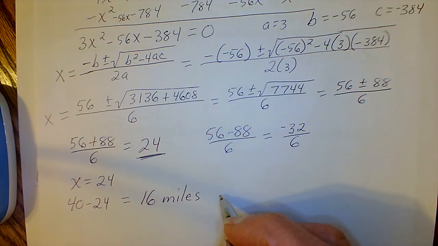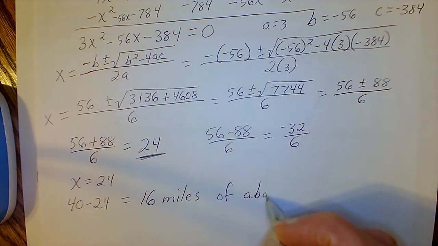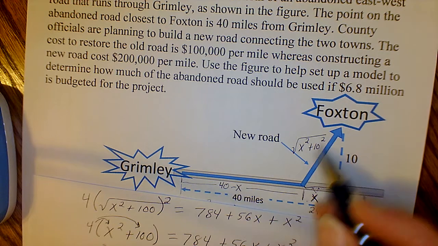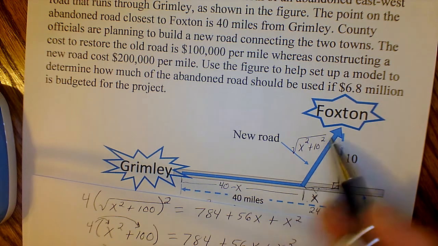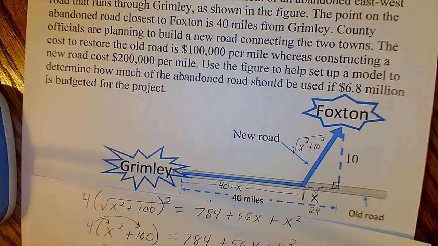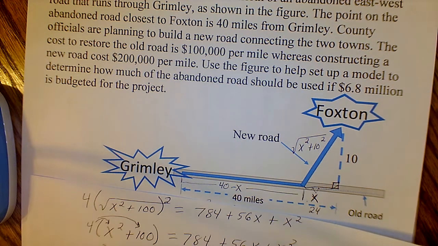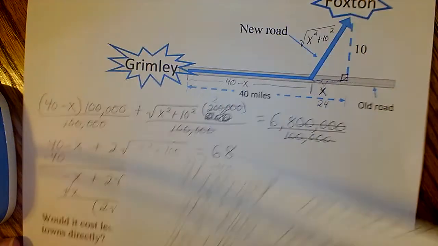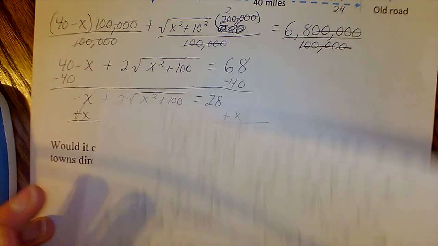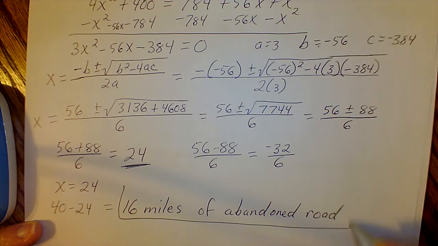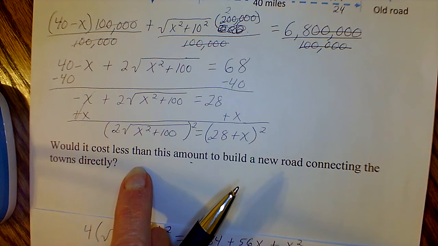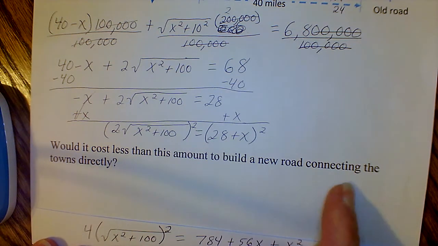And so we're going to be using 16 miles of the abandoned road and repaving that, and then taking off from there to do this amount up here, what would it be, 24 squared plus 100, and take the square root of that. Okay, so now the next question that our problem asks, so then that one was 16 miles of abandoned road. Our next question asks would it cost less than this amount to build a new road connecting